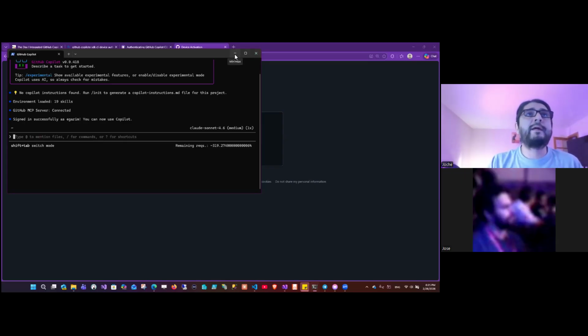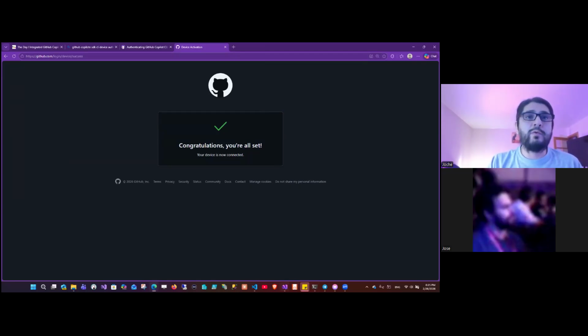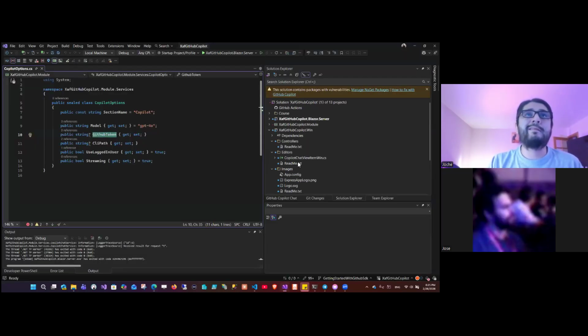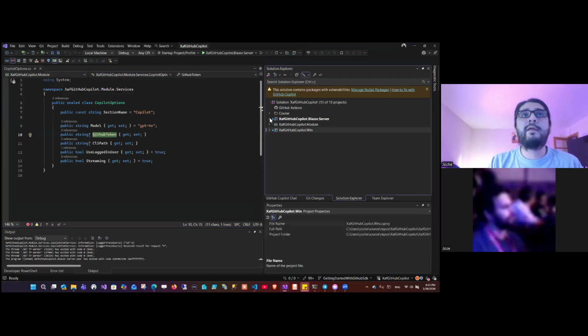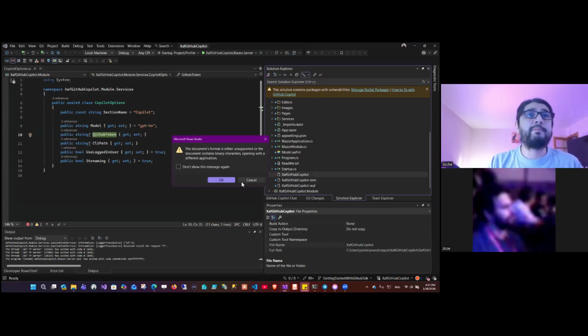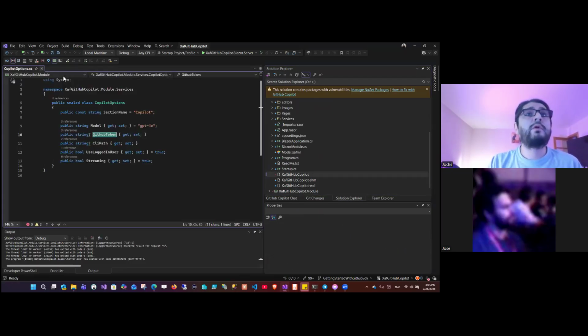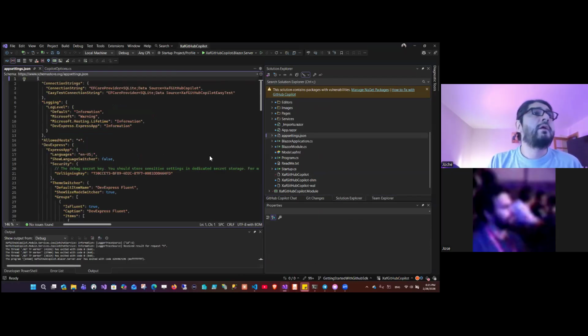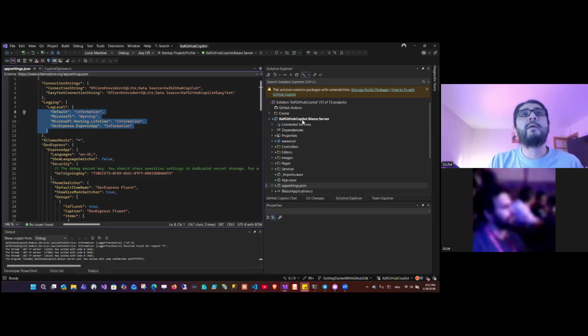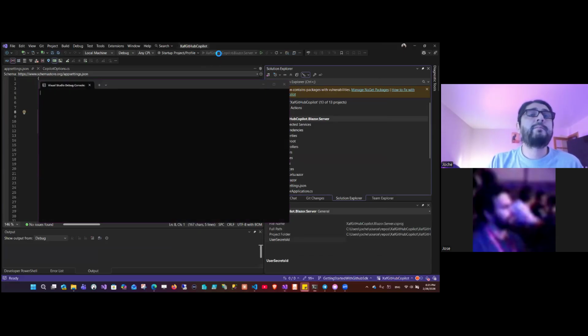So after you have done that in your code, you don't need to pass the token. So what is it here? So let's see. This, for example, doesn't even have the Copilot section, so it means that it will pass it totally null. So it means no token. And if I run this,